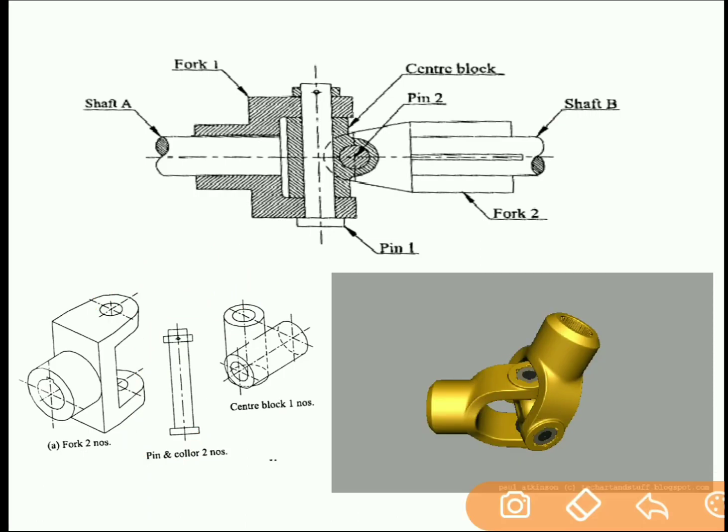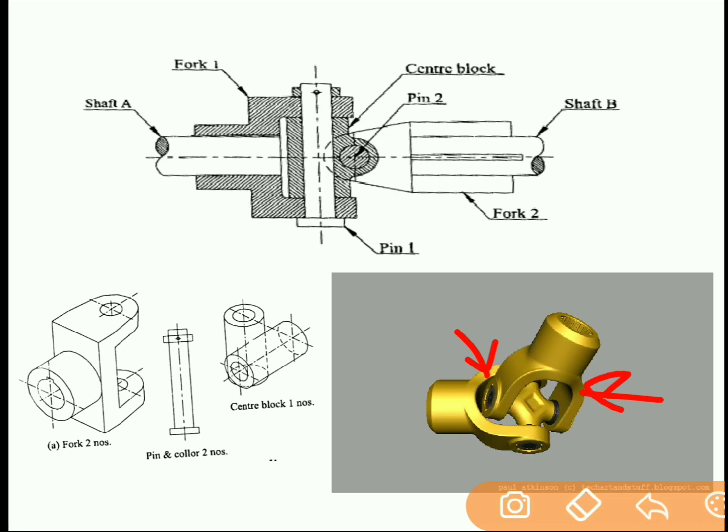You can see the animation of universal coupling over here, fork A and fork B, and in between these forks there is a plus shaped central block over here which is used to connect these two shafts. So in this case, first shaft is connected to the second shaft and power will transmit from one shaft to another.